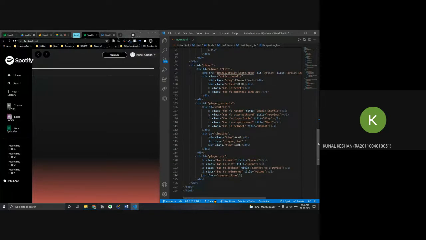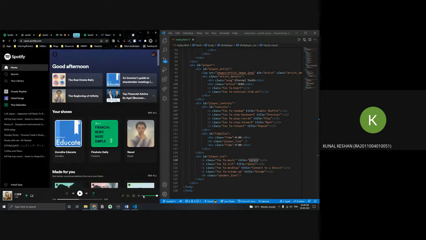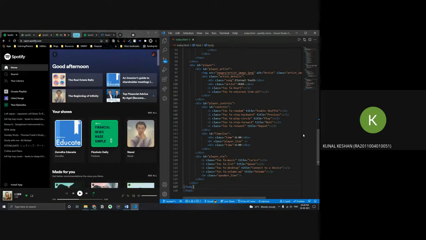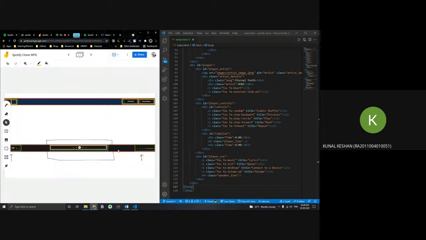Okay, it's the same thing over here. Basically, the Font Awesome icons, I'm getting them over here. I'm giving them a title so that when you hover over it, it gives information about what that icon is, and the speaker line, this line over here. So giving an HR in the speaker line. All right, and we are done with structuring. You can see how easy it was to do it when we use the wireframing process over here.